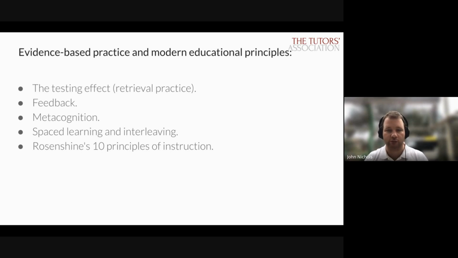So if you're in a tutorial, you can give them feedback immediately. That's great. That's ideal. In a classroom setting, it's very difficult to do that because you may have a lot of other students. You can't give them all feedback at the same time. In a tuition setting, there's no reason why you can't. And it's a fantastic idea to give them feedback straight away. And if they have got something wrong, obviously you're going to be polite with them, but be clear.